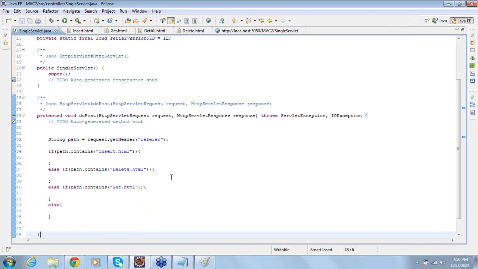So you are confirming which page the request is coming from: insert, delete, get or getAll. Once you get that confirmation,